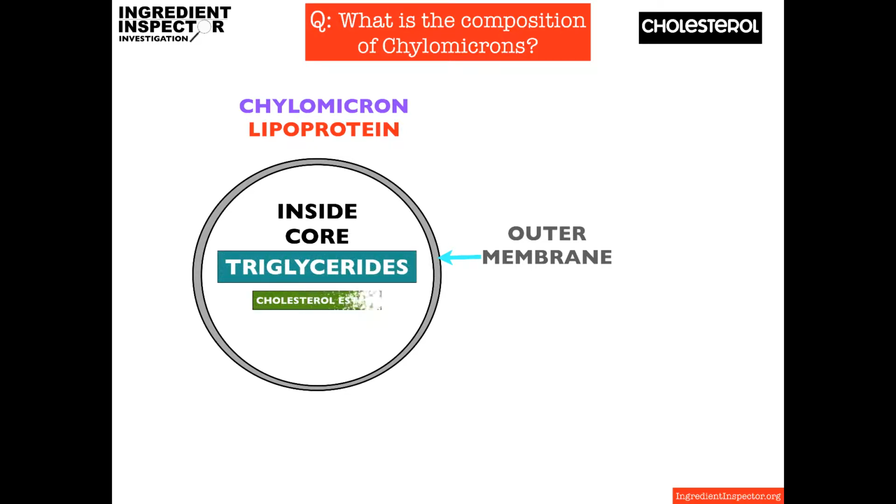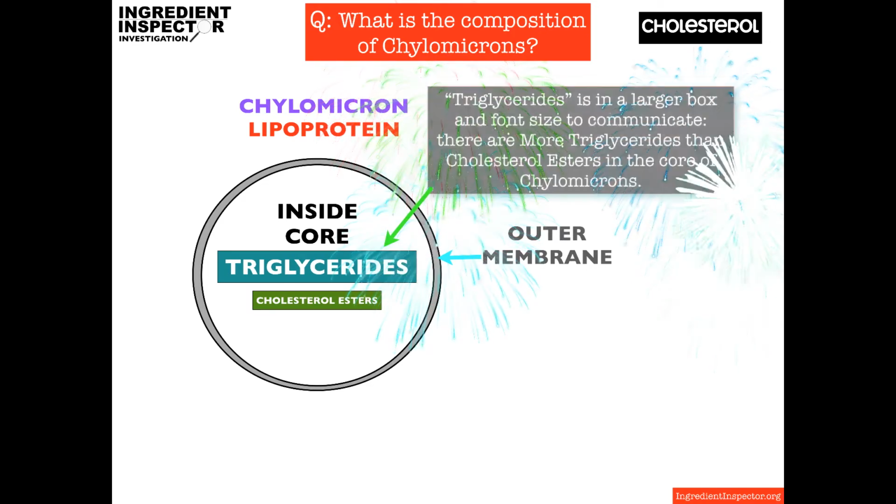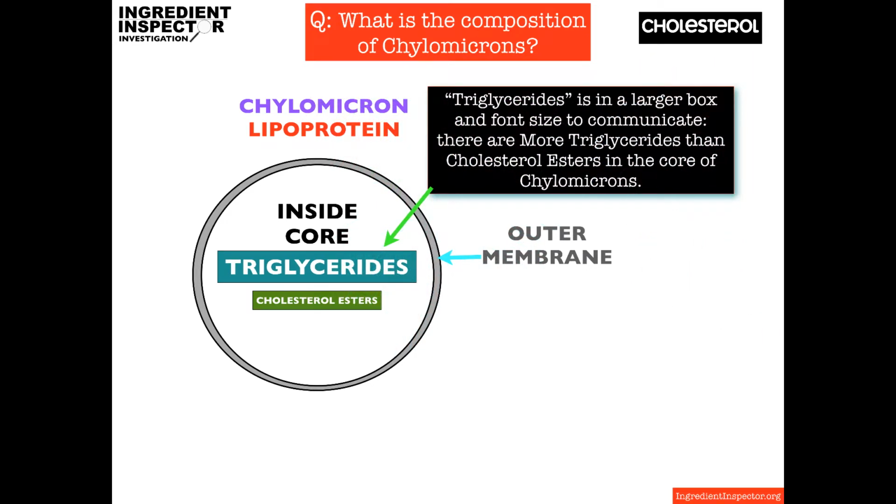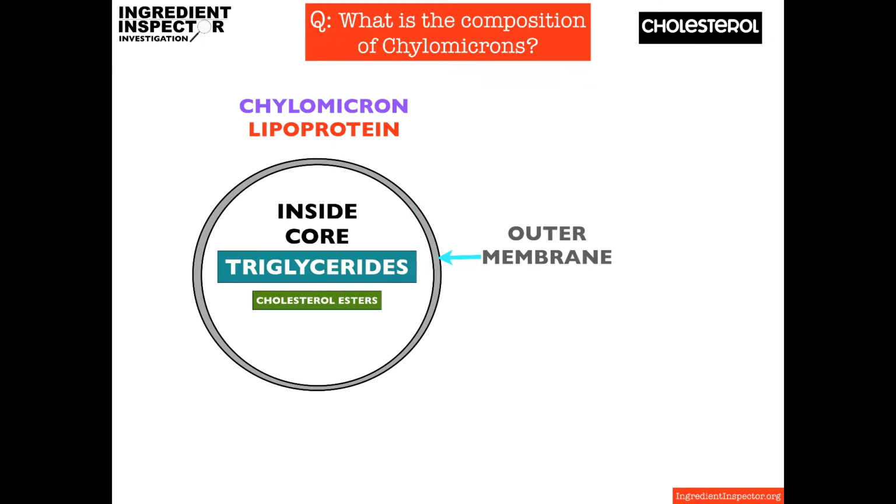In the inside core, we see triglycerides and cholesterol esters. Triglycerides is in a larger box and font size to communicate that there are more triglycerides than cholesterol esters in the core of chylomicrons, and we'll keep that kind of visual consistent throughout the video. So when the box is bigger, it means that there are more of them. In the outer membrane,